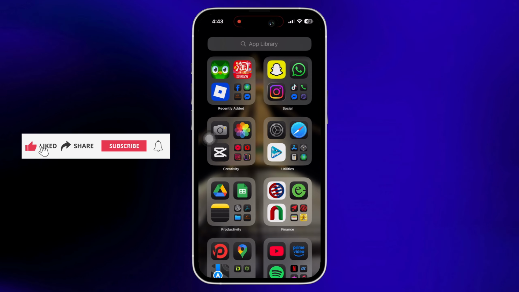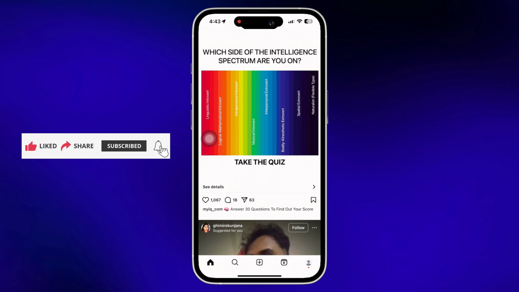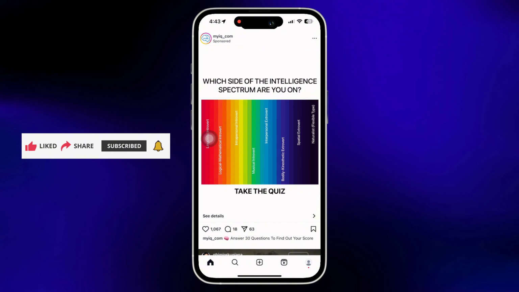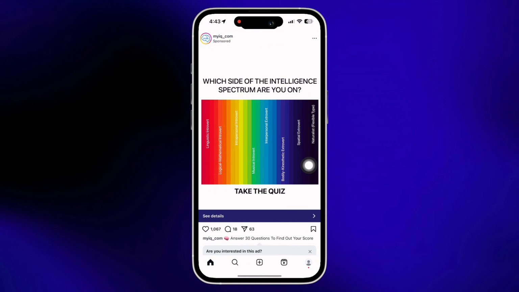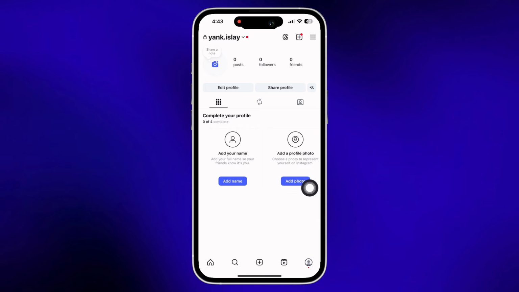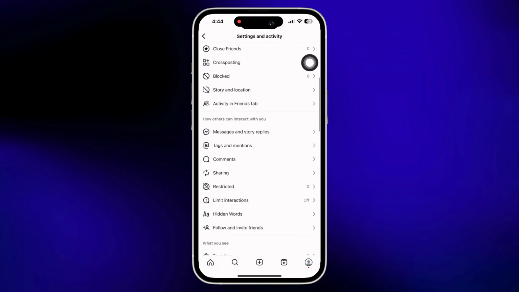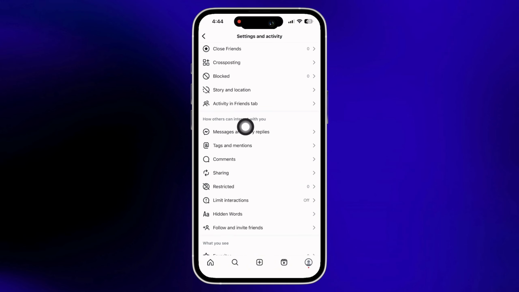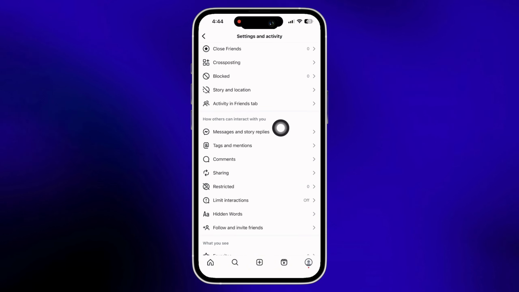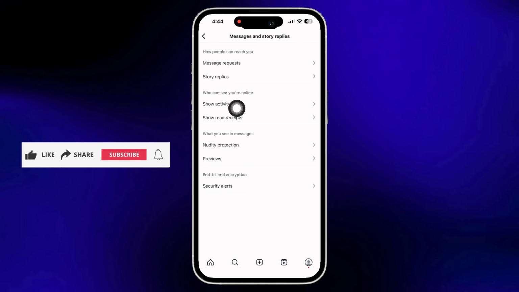Firstly, go ahead and open the Instagram application on your device and tap on your profile icon on the bottom right of your screen. Further, tap on the three lines on the top right of your screen and under the How Others Can Interact with You tab, you will see the option for messages and story replies. Tap on that and then tap on the Show Activity Status option you see there, and then go ahead and